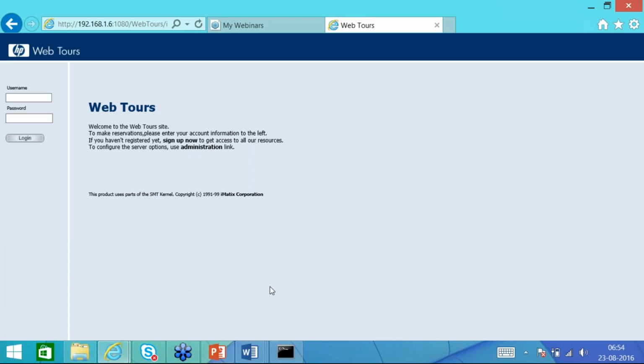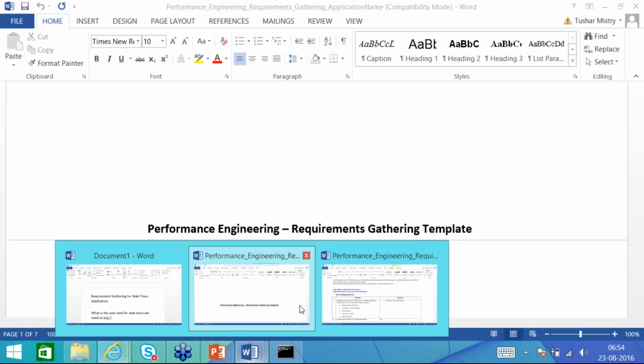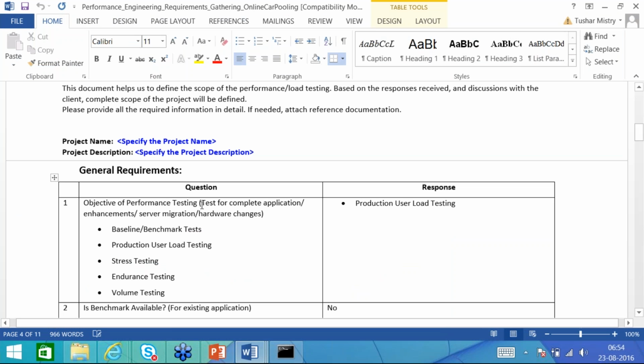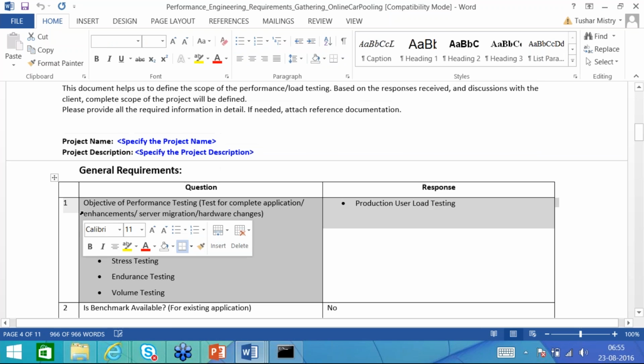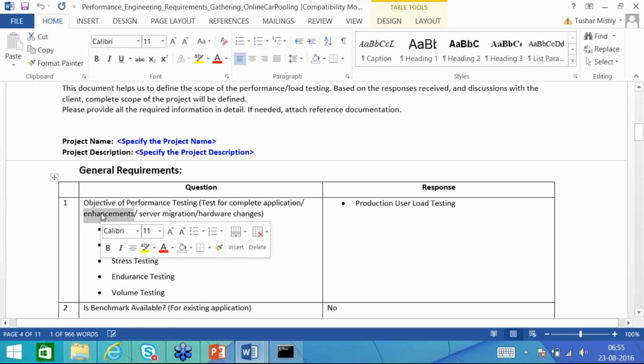So why are we doing performance testing of this particular application? Either it's a new application, tested as a complete application, or we have already done the performance testing before, but there is some enhancement, like new functionality added. Or the servers are migrated, or there are hardware changes or software changes.